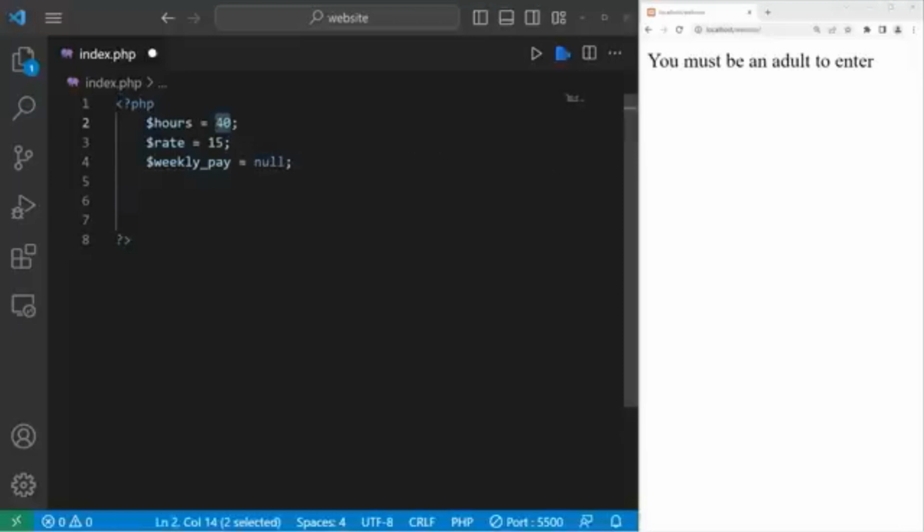Depending on somebody's hours, they may or may not make overtime pay. Or if they work 0 hours, they don't receive any pay this week. First, let's calculate their weekly pay if they work 40 hours or less. If hours is less than or equal to 40, then we will calculate our weekly pay with this formula. It's only hours times their rate of pay. Then at the end, let's echo,